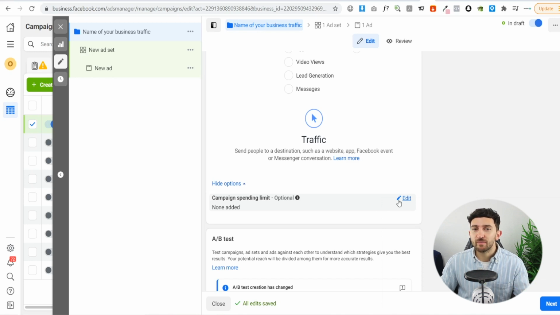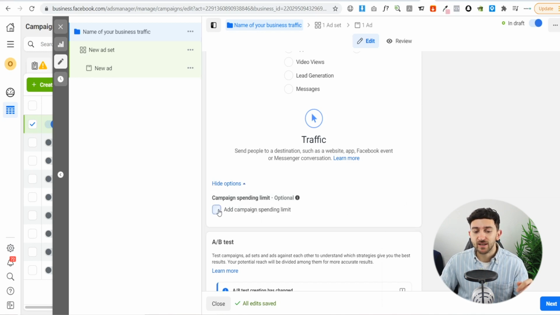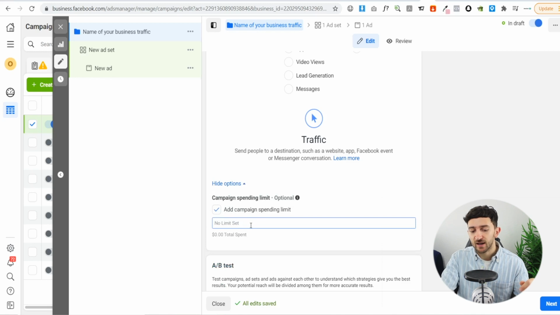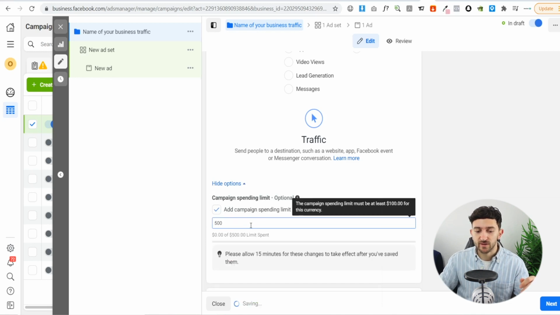We will go over budgeting in a moment, but basically let's say you've only got $500 for the whole campaign, then you can just come in here, click on add campaign spending limit, and add in your $500. When it comes to budgeting for your ads, you want to spend about 30% of your budget on testing ads to see which ones work, and then about another 70% you want to use for the ads